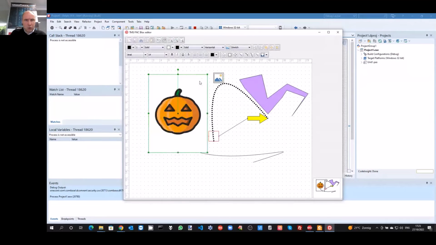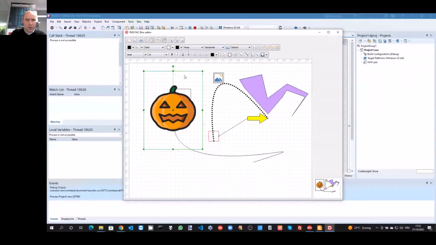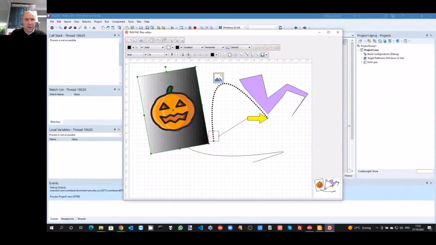Let's see. Notice that here the background is a solid background, and I can also make it transparent. So now the SVG is drawn with transparency. But if I want, for example, a gradient background, that is also possible. So all kinds of customizations in combination with that image control in a block.